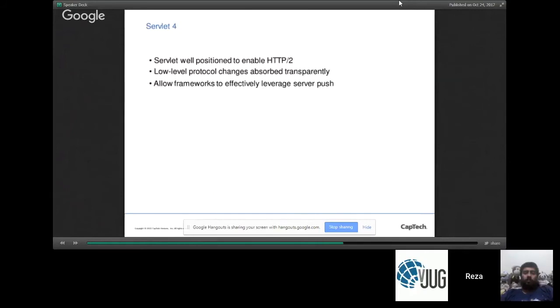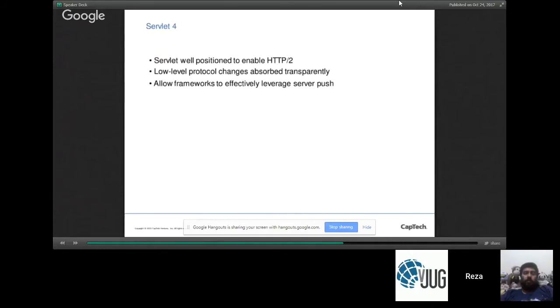So let's take a look. As it so happens, the Servlet API is actually extremely well positioned for HTTP 2.0 because, unlike many other protocols, Servlet is actually designed to be very high level. So it sits above the low level protocols of HTTP. When you're looking at Servlet, you're not really looking at what's going on under the hood with the HTTP protocol.